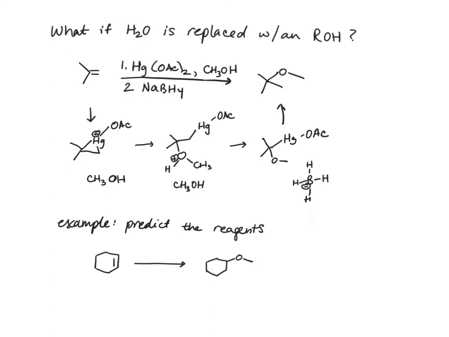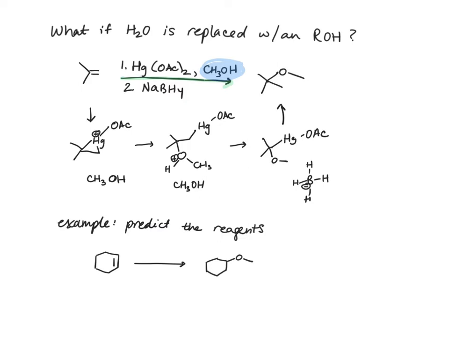So, what happens if water is replaced with an alcohol? Here is a generic reaction. Not generic, it's got specific reagents. These are exactly like what you've seen before in the oxymercuration demercuration, except for now we have methanol instead of water. That gives us a different product where instead of water adding across a pi bond, we have methanol adding across